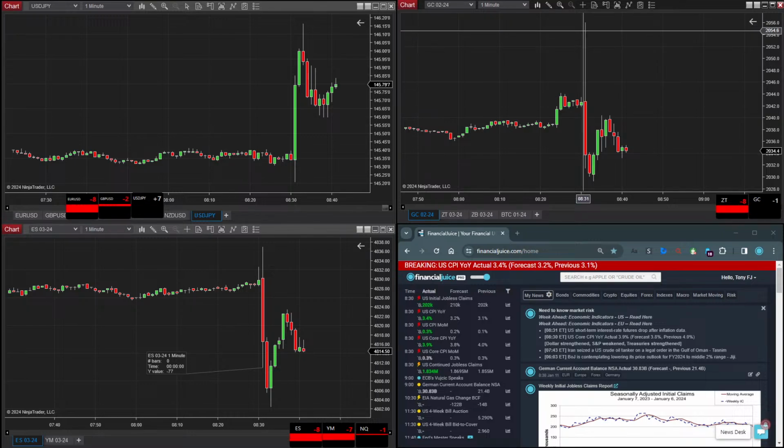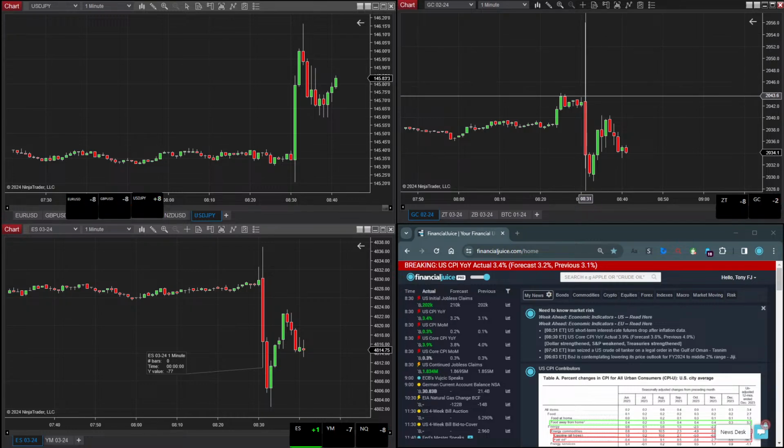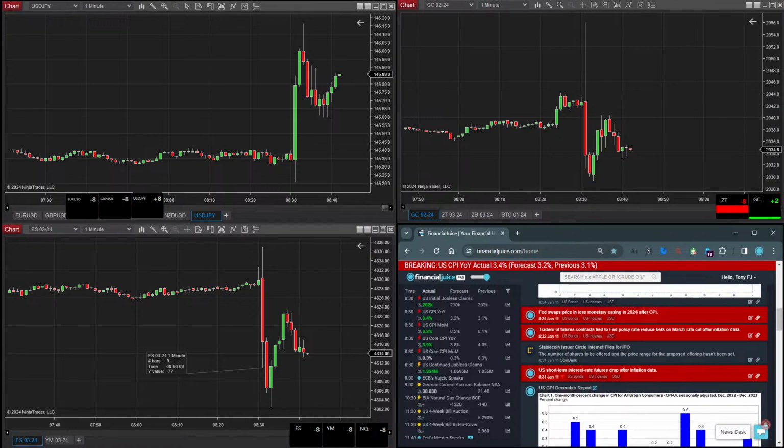The report's not. When you're saying bullish, you've got to be careful what you're referring to. If you're referring to the dollar, it's obviously bullish for the dollar, but for stocks and bond prices, it's not. And for gold, it's not bullish, because the dollar is seeing strength, and bets have decreased on the amount the Federal Reserve could cut by. Actually, let me just get that up again. Yeah, so Fed swaps are pricing in less monetary easing in 2024 after the CPI.